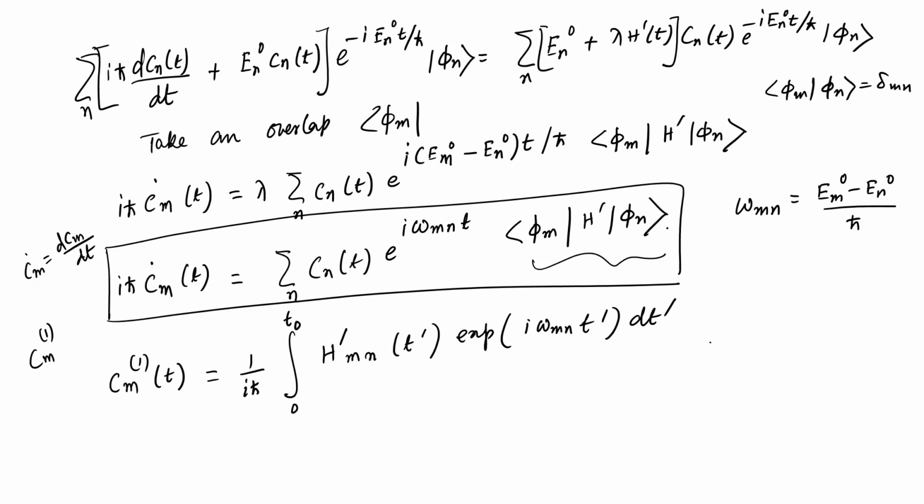So, what is H prime mn? You have phi m, H prime, phi n, which is nothing but equal to H prime mn. So, that is a matrix element between these eigenstates m and n. This exponential term was always there, and what you have done is that you have integrated this equation in order to find Cm, and as I said, we have intentionally brought in this superscript 1 within brackets